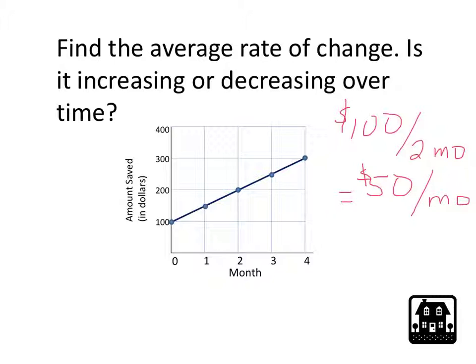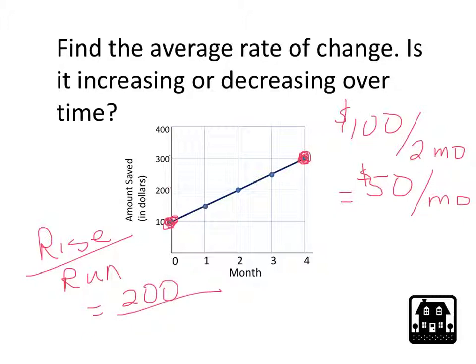So the slope is going to be the rise over run. Rise over run. So you take any two points. We're going to take 100, and let's just take 300 so we can show that it's the same slope. Those are our two points, and we count the rise. It goes up 200, goes up 200. So rise is 200,